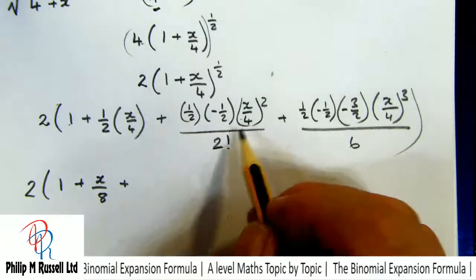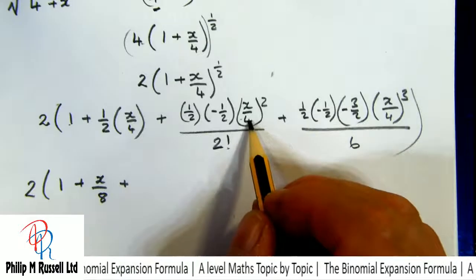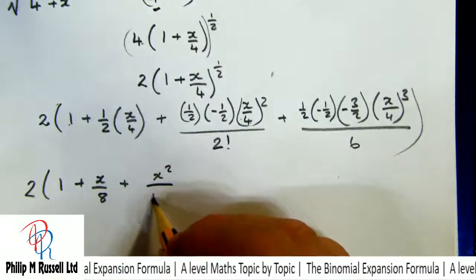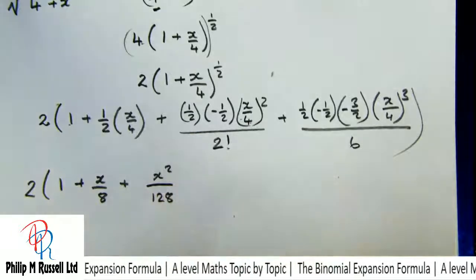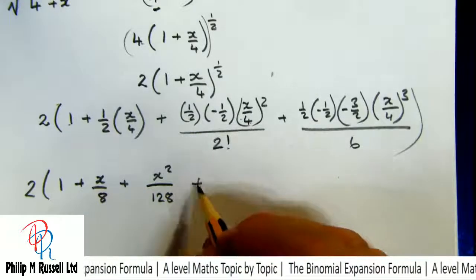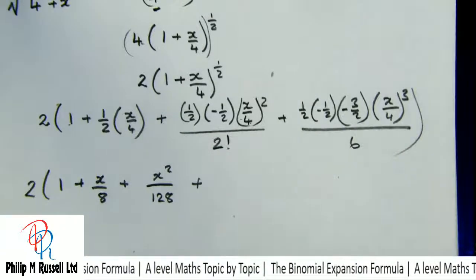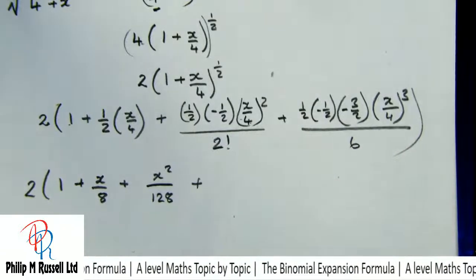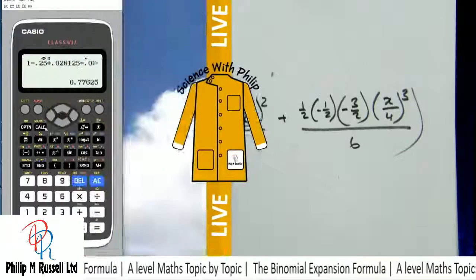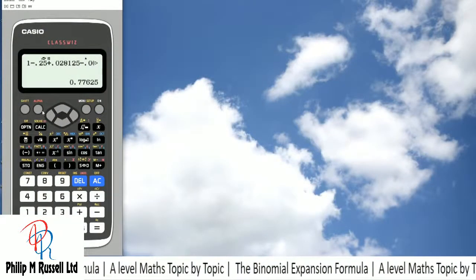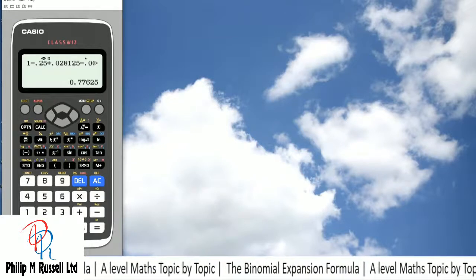It's going to give me x squared over 128, plus, oh, it's too difficult for this one. This one I won't do in my head. We'll cheat and go to the calculator, and simply I've got to put in